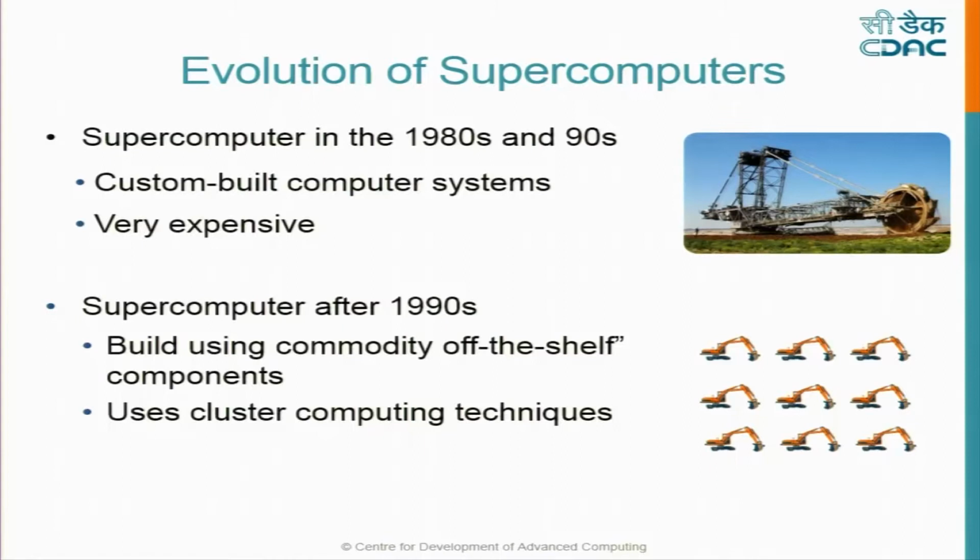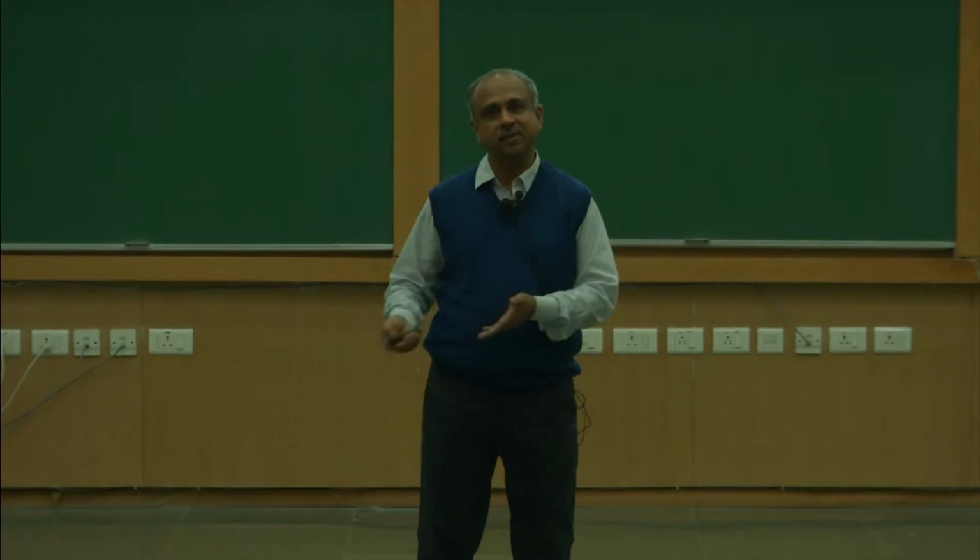But today, what we are doing is like this. Same example, suppose you have to move 1000 square meters. You have 10 such units. Each one has a capacity of only 100, but you deploy 10 of them. Suppose you want to double the capacity, what will you do in this case? Put how many? 20 of them, right? So deploying 20 of them becomes much easier. You have to just buy them and put them.